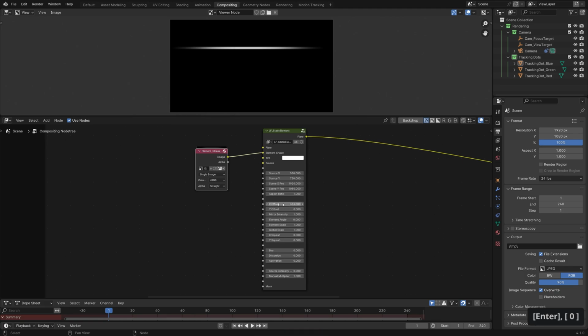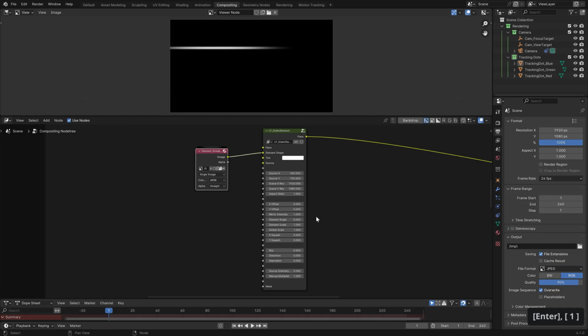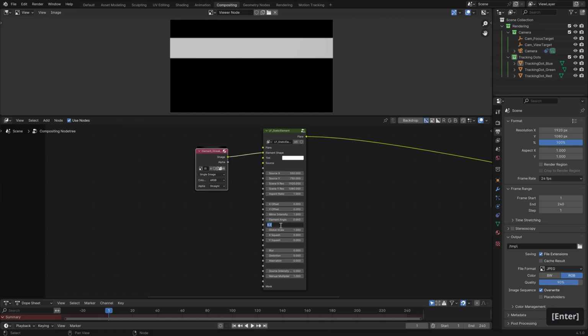X offset moves the element left and right relative to the source, and Y offset moves it up and down. Mirror intensity determines how the element follows the source position. When it's on 1, it will match the position perfectly. On -1, it will mirror the position against the center of the image, basically doing the opposite of whatever the source position is doing. And that value can go as high or low as you like, allowing for quite a bit of flexibility. Element angle rotates the element, and as you might expect, element scale makes the element bigger or